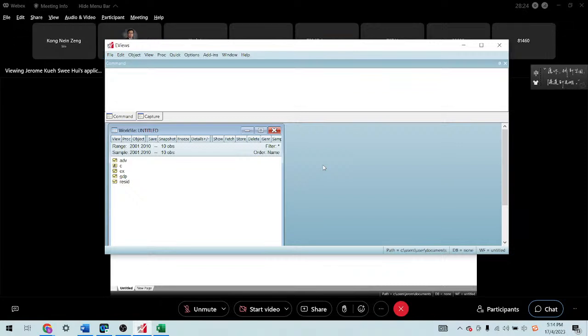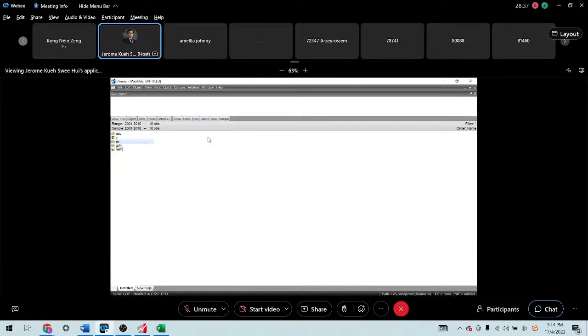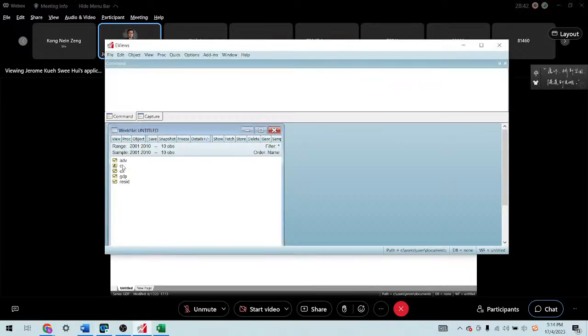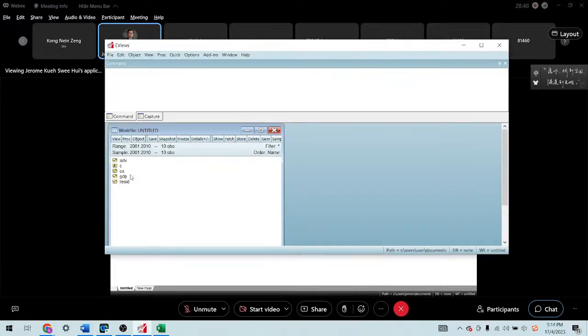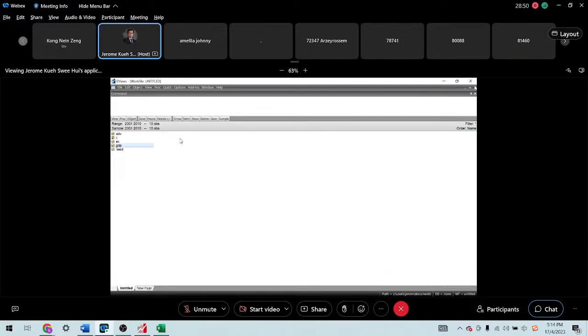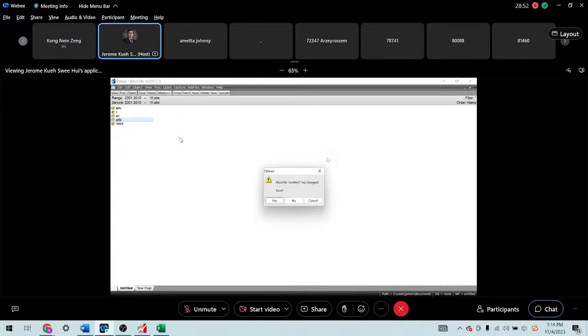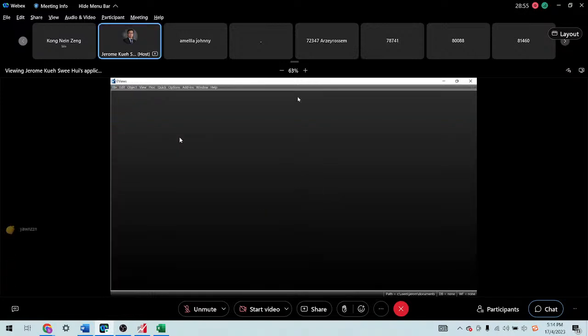So you already transfer using the import the Excel file into your eViews. So you will transfer everything from the Excel data, raw data, into your eViews. Okay, so this is how you can transfer using the import function. Is it clear? Or I will do it one more time.